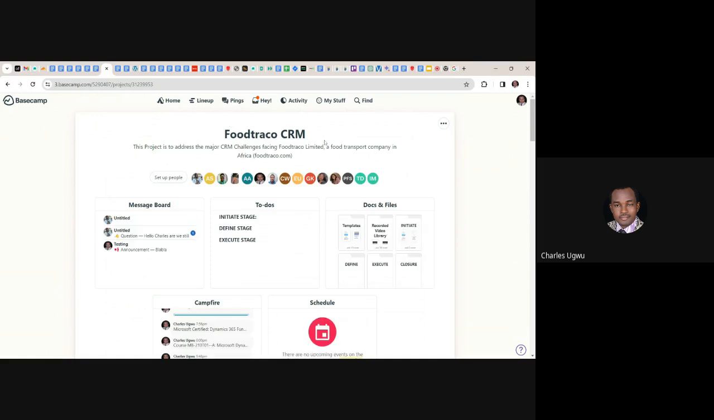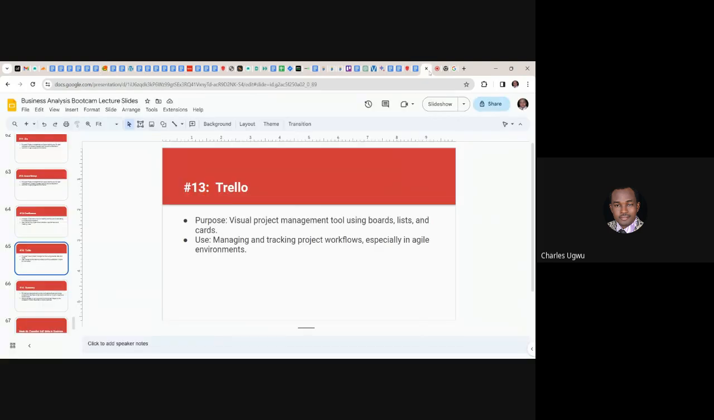So I'm just telling you all this because what I'm saying is that this is not just a BA tool, this is a project management tool. And you as a BA, being a project team member, you should know how to use it very well. So that is it. There are so many tools in the market, but the tools I listed here